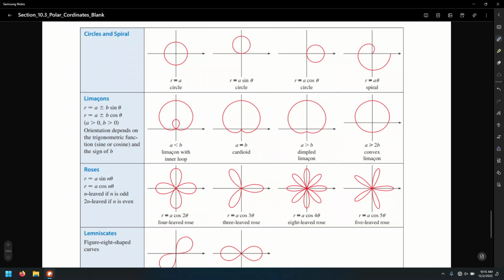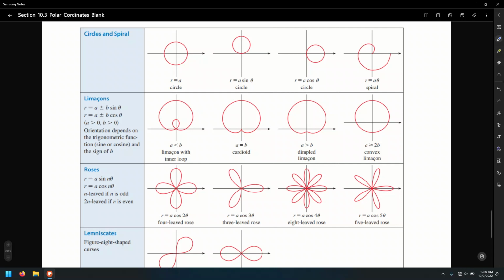Different ways to graph circles. For example, r equals a, like r equals 5. That was the first example we did. That's the circle of radius 5 with center at the origin. Whenever you see r equals a sine theta, for example 5 sine theta or 7 sine theta, notice the circle is shifted vertically, it's shifted up. That's because if you relate this with the values of the trigonometric functions, the y-coordinate represents the sine function, so no wonder this is shifted in the vertical direction,